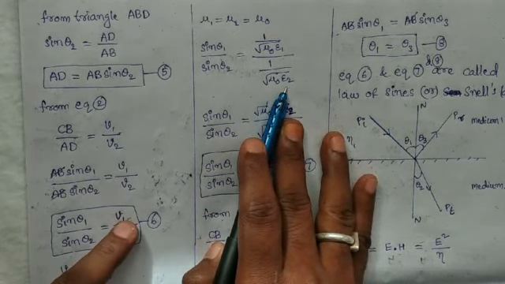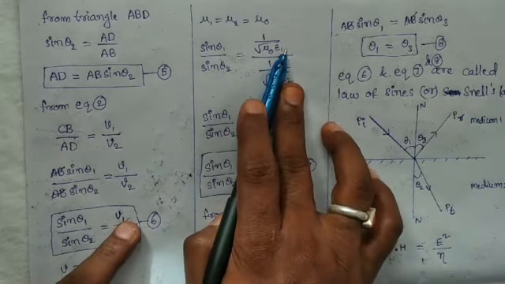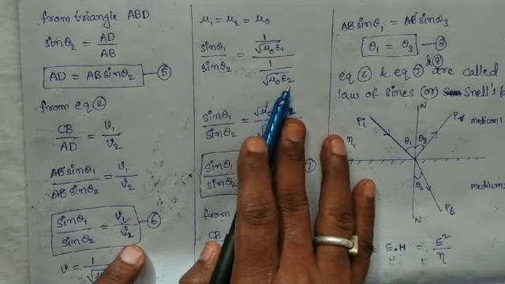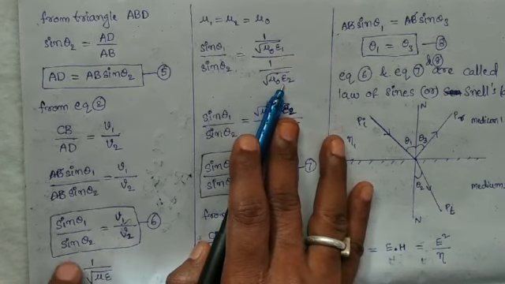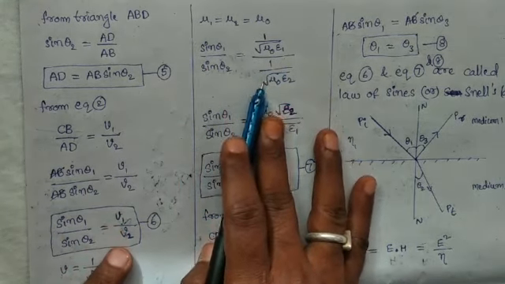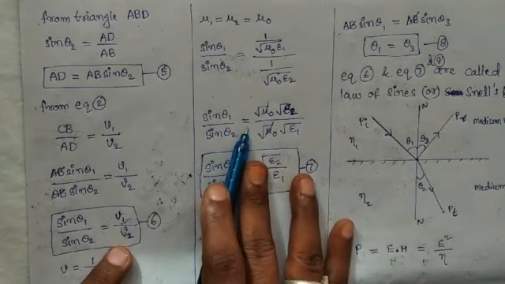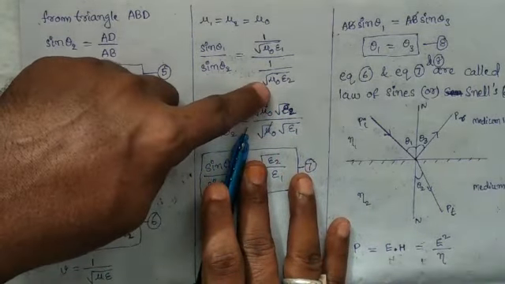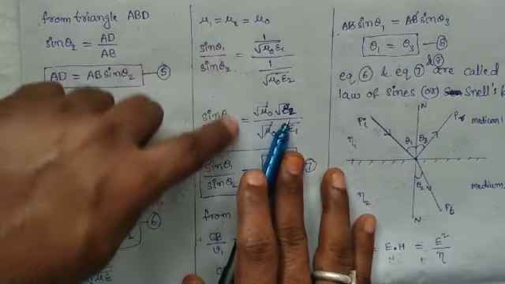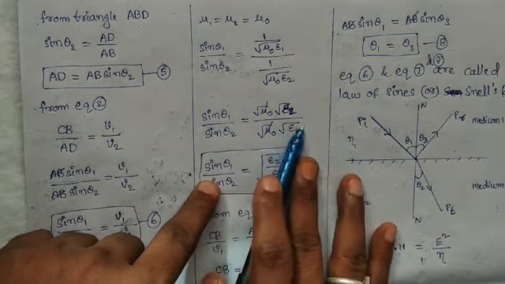Here v1 means velocity in medium 1. Permittivity is what in that? Permittivity is epsilon 1. Here v2 is the velocity in medium 2. Permittivity is what? Epsilon 2 it is. Okay. Here sin theta 1 by sin theta 2 is equal to what? 1 by square root of mu naught epsilon 1 by 1 by square root of mu naught epsilon 2 it is. This term becomes numerator, this term becomes denominator. Here square root of mu naught epsilon 2 by root mu naught root epsilon 1 it is.